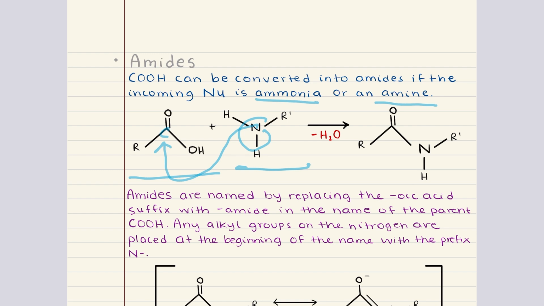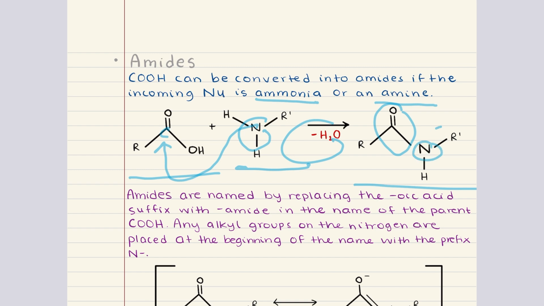During the course of the reaction, a molecule of water is going to be eliminated, specifically the hydroxyl group from the carboxylic acid and a hydrogen atom from the amine combine to form water, which leaves the system. The result is the formation of an amide. This is a functional group characterized by a carbonyl group that is directly bonded to a nitrogen